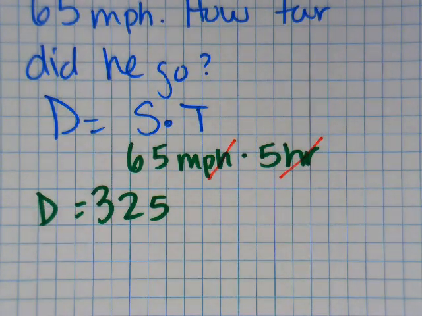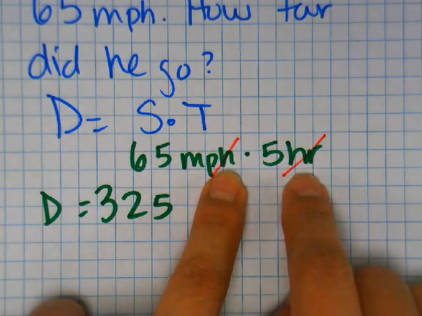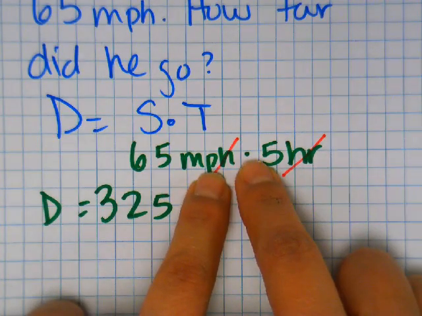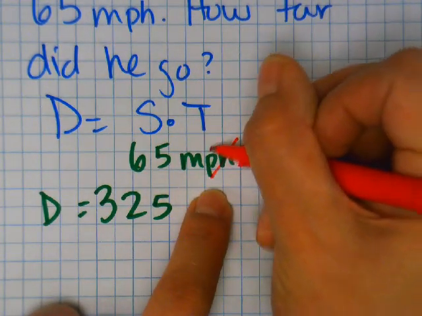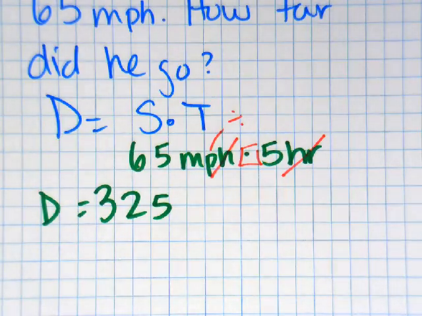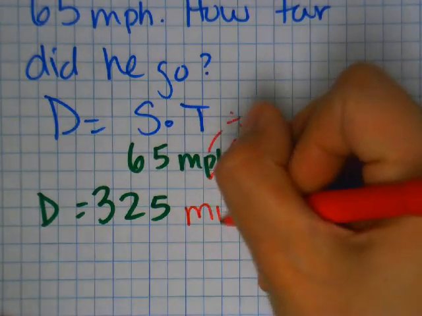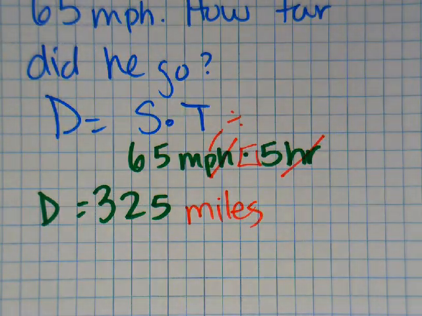Do not write a unit that repeats. So you see how they both have an H? Cross it out, you're not going to use it. Now the multiplication and the per cancel each other out. Per means division. So if I have multiplication and per stands for division, actually in math it means division. What do the multiplication and the division do to each other? They cancel each other out. What am I left with? Miles. So in this question, which is kind of easy for you guys to determine, our unit is miles.